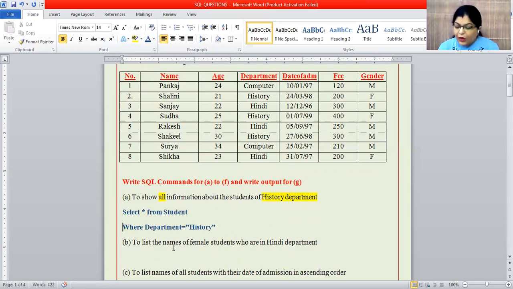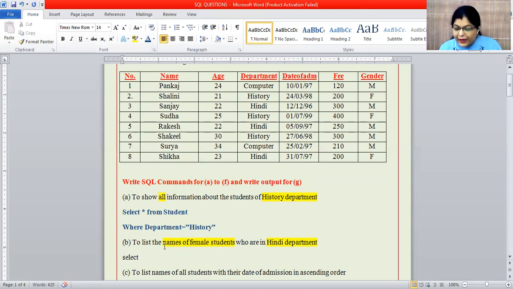Okay, now the second question: list the names of female students who are in the Hindi department. Here two conditions are given. One is that the name should be of only the female students, and the second is that they are of the Hindi department. So what do we write? Select.